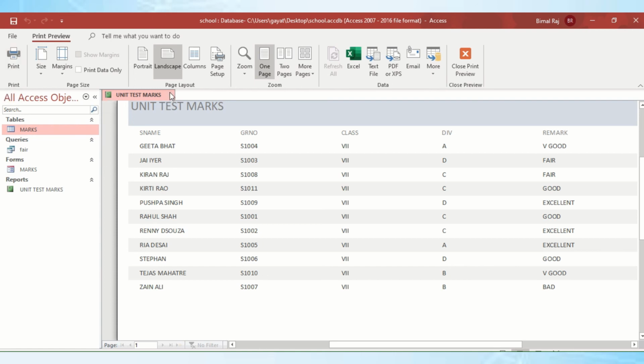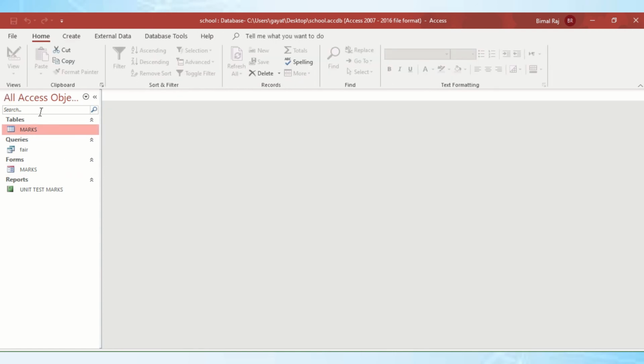Now if I close this, then on the left hand side you will see all 4 different objects, that is tables, queries, forms, and reports, all 4 objects in Access, which are depicted with the help of different logos. We learned queries, we have learned how to make forms using the wizard, and today we have learned how to use the report wizard to create reports from our table.